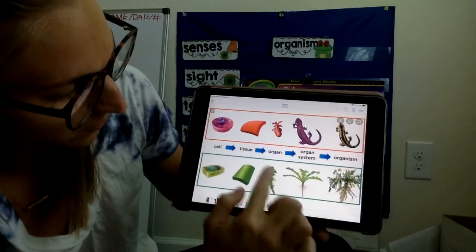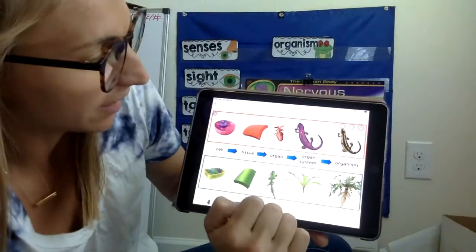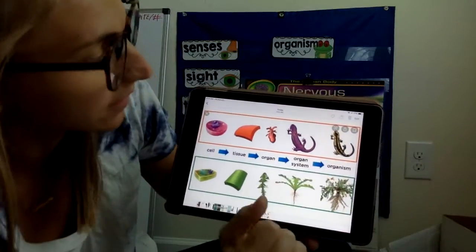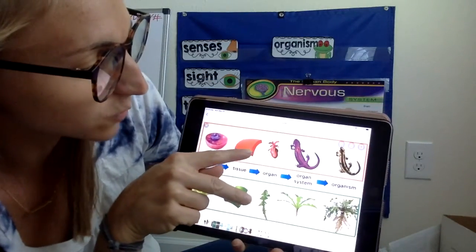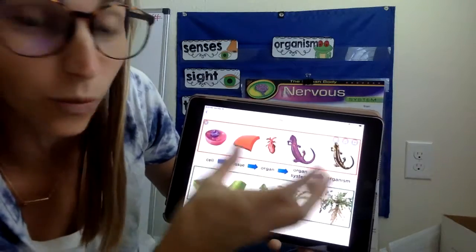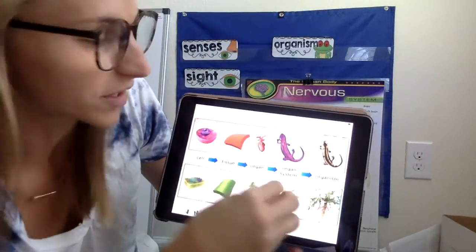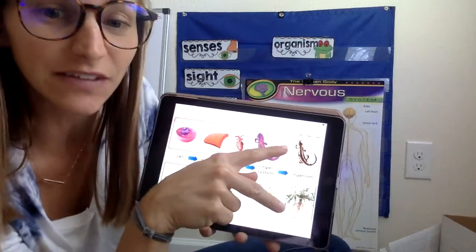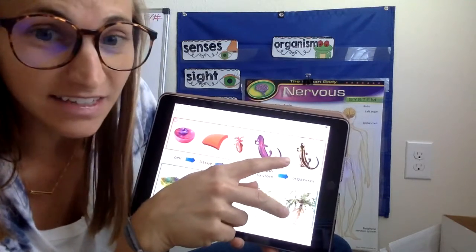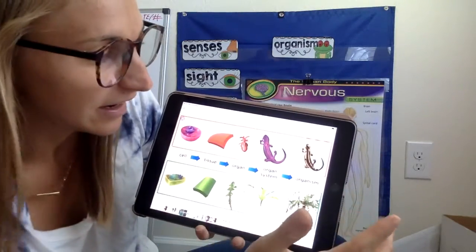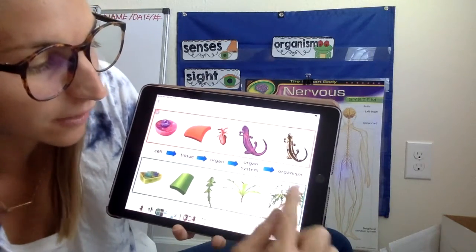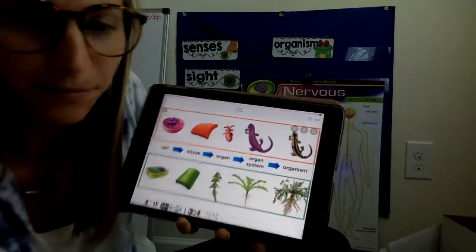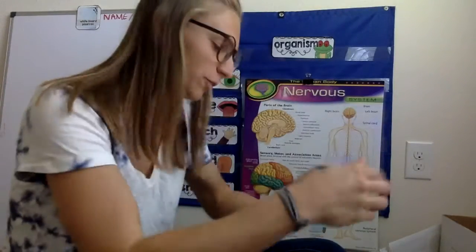So we have, looks like part of a leaf at the bottom, and here we have the heart of what looks like a gecko or some kind of reptile. Now, those organs work together with other organs, and they create an organ system. Once those things are working together, then boom, it goes to the living thing, and in this case, any living thing. We have a gecko or some kind of reptile, and then a full, looks like a fern or some kind of plant. All right, so think about those as little building blocks. Let's continue.